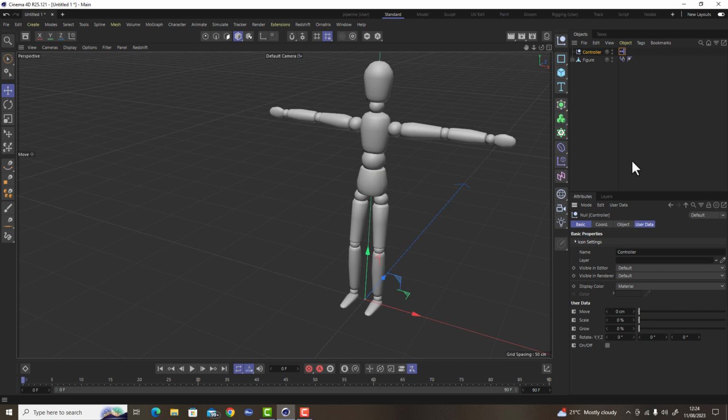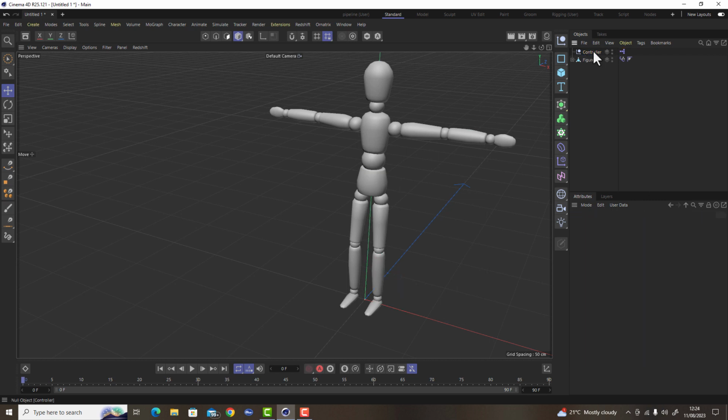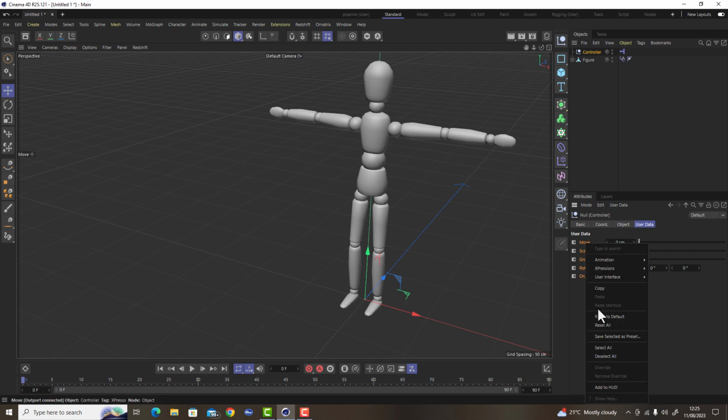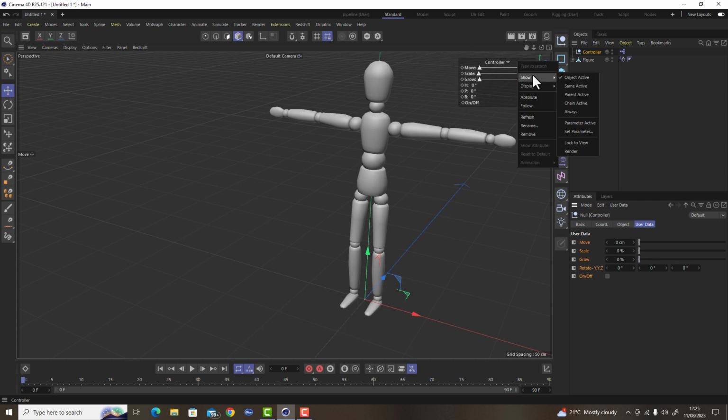see. Now what we can do is we can now add this to HUD. What this means is we can go to our user data, we can select all of these with the control key, right click, and then click on add to HUD. And then we can move this with the control key anywhere in our UI, and we can right click and have it shown only when we've selected that controller in this particular case, or always. I'm going to choose always, and now we can move it